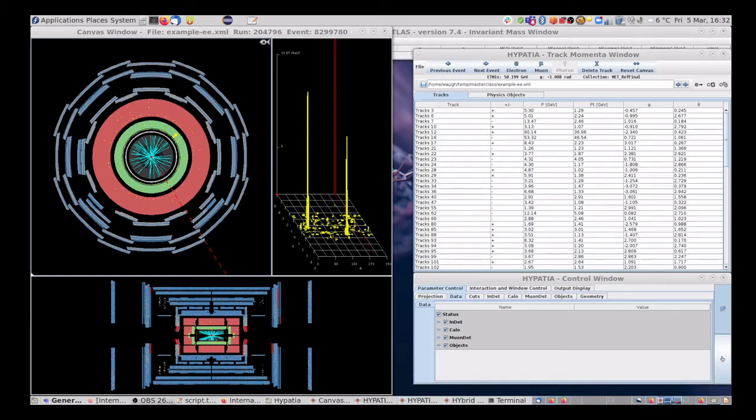Let's have a look at this event and see if we can work out what's going on. One thing you may notice is this red dashed line here. This in fact indicates that there is some missing momentum in the event that hasn't been detected. This could be because a neutrino has been created, which is possibly interesting, but it's not what we're actually looking